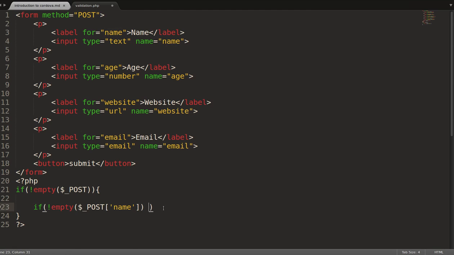Then we can use the ampersand operator to add additional conditions. So again, we need to check if the age is not empty, and then the name attribute. Next, we check if this age is actually a number. So we use